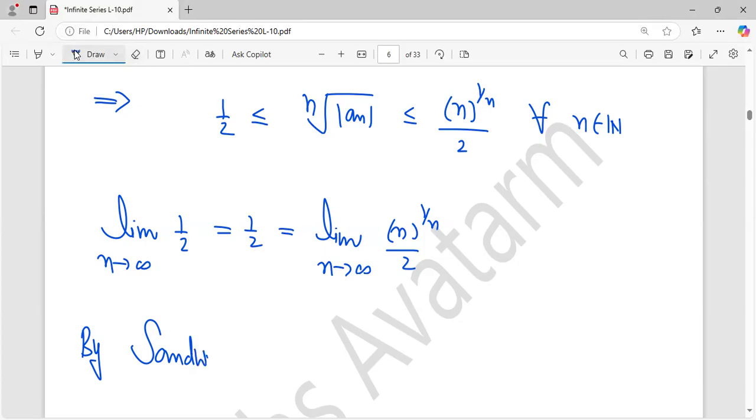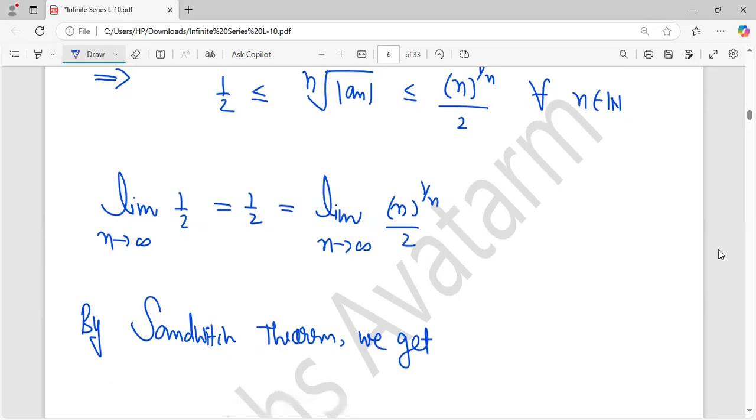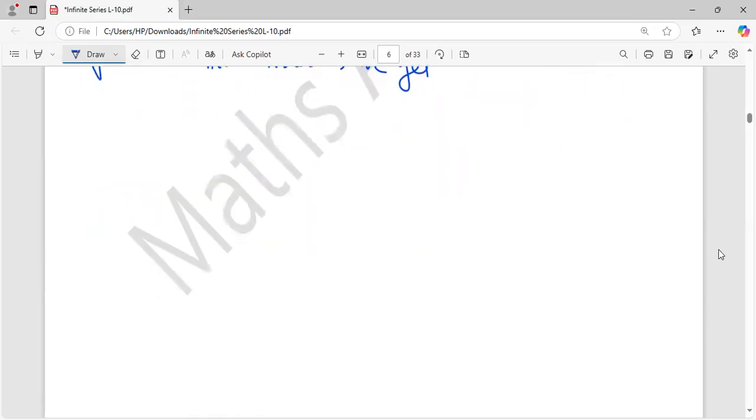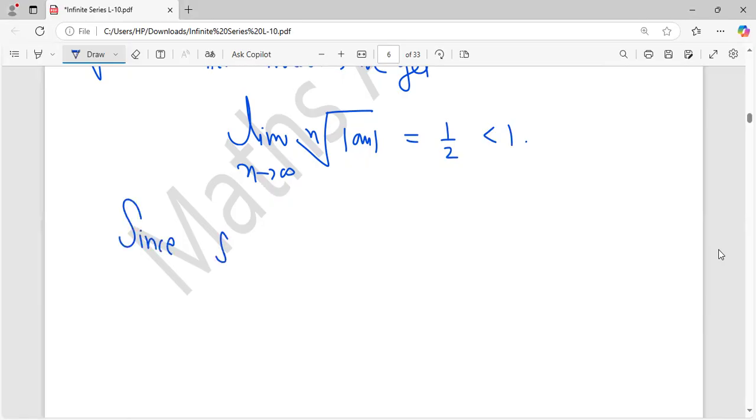By sandwich theorem, we get the limit of this sequence as n tending to infinity, that is also 1 by 2. That is less than 1. Since rho is equal to 1 by 2, that is less than 1, we conclude